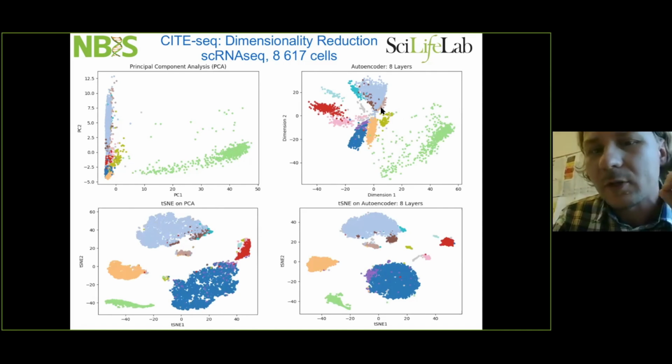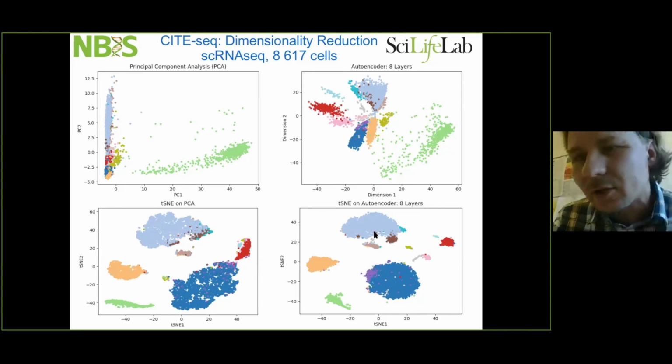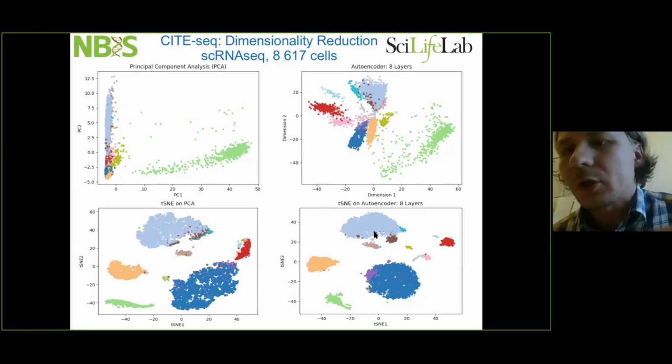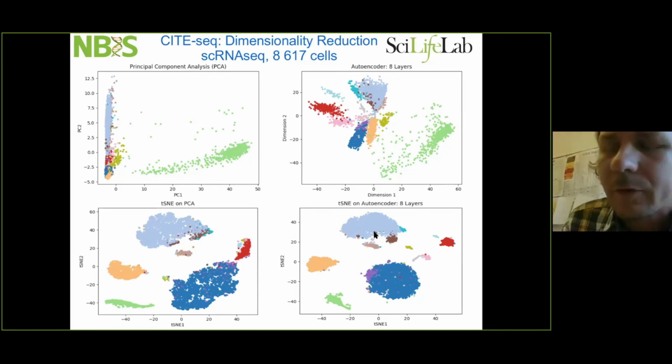Basically what I want to say is that if you process your data with an autoencoder, there are multiple examples where you get a better resolution. You can get this purple cluster more sharp. Here this cluster is quite distinguishable compared to this picture. This is a benefit of using machine learning and deep learning approaches in single cell omics for data processing, for example, not really for visualization.